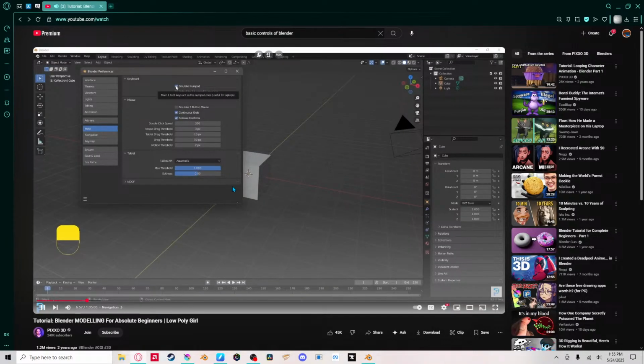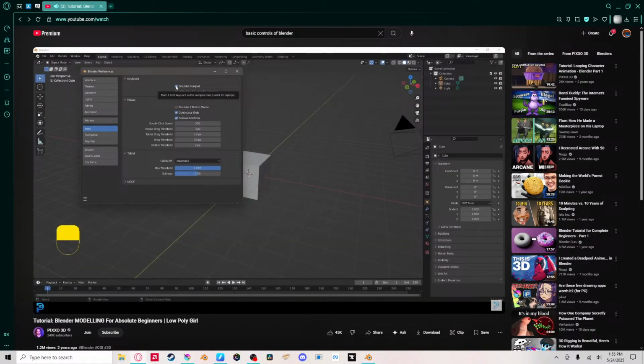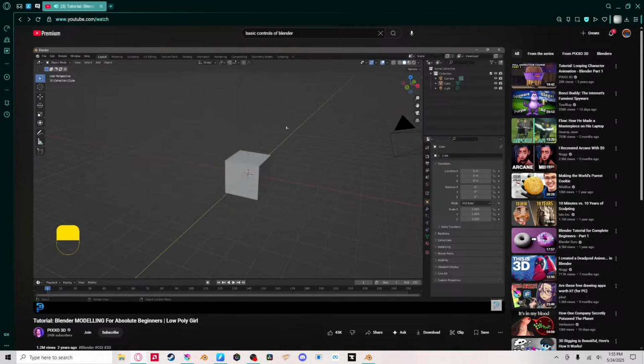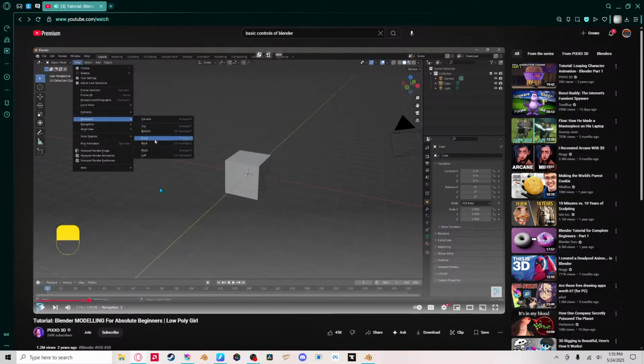Emulate Numpad is enabled if you don't have a number pad. For me, I have a number pad, so I'm not going to have that enabled. Then I'm going to close that, and now you should be able to use your number pad as well. So while we're on the subject of number pad, you could actually go over here to View, go to Viewport, and then go to, for example,